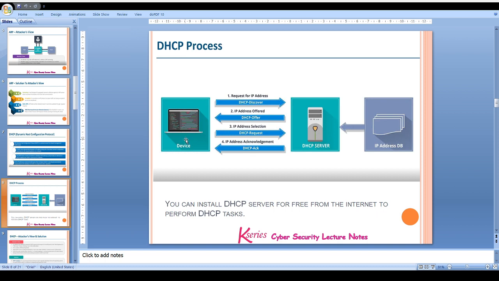This device sends a request to the DHCP server for IP address selection. Again, the DHCP server sends the IP address acknowledgement. You can also install a DHCP server for free from the internet to perform DHCP tasks.